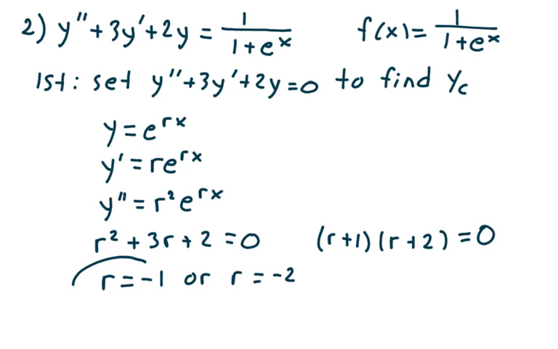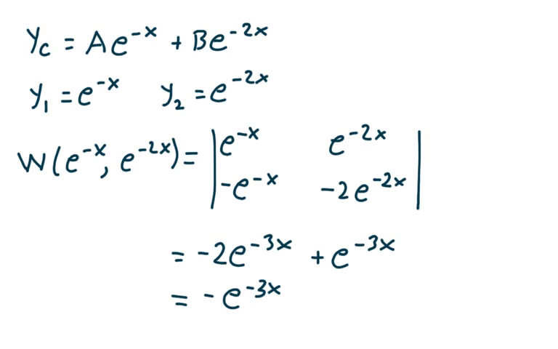Solving for r, we get r equals negative 1 or r equals negative 2. So my complementary solution, y sub c, is equal to a e to the negative x plus b e to the negative 2x. So y1 is equal to e to the negative x, and y2 is equal to e to the negative 2x. So the Wronskian of e to the negative x, e to the negative 2x is equal to the determinant